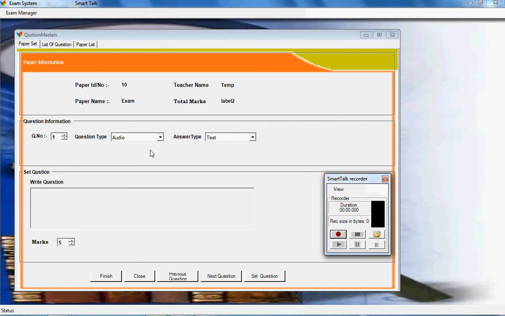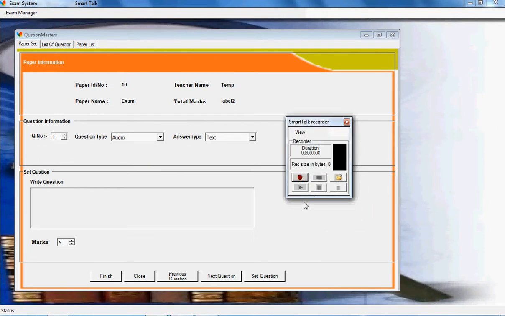Now in this box teacher can record his own voice, or he can select a question from saved file. What is your name?